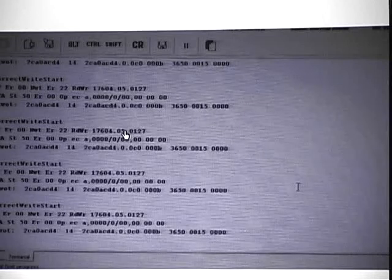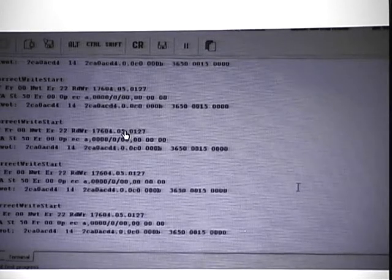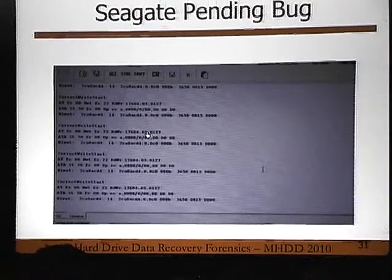Well, maybe I could actually write a little piece of malware and stick it in there so that we might drive. So there may be some plausibility to doing that, but it is not primarily for reading your user data. It is primarily for talking to the firmware and what's called the app code information. So in this particular realm, though, when you're dealing with this particular bug that's called the pending bug, what happens